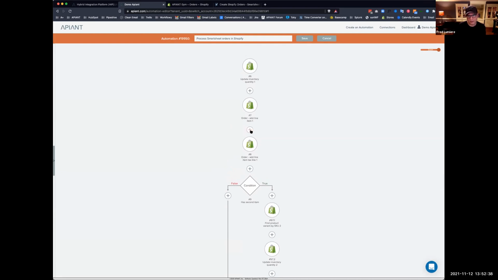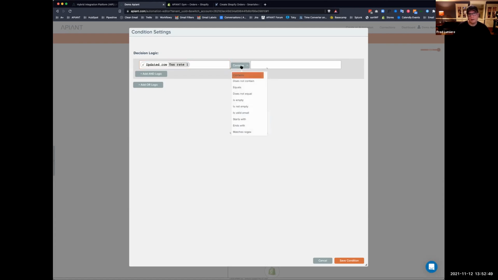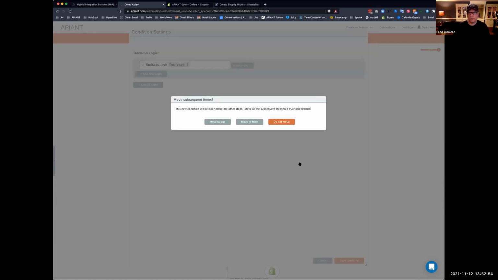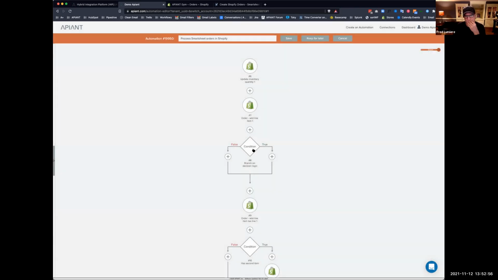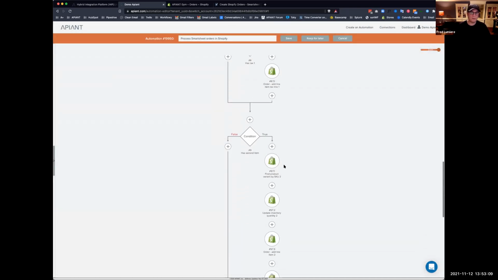here, I'm going to say conditional branch. So tax rate 1 is not empty. And obviously you can rename this any way you want. Has tax 1. So we're only going to move this to true. We're only going to do a tax if there's one, but I also need to do the same thing for